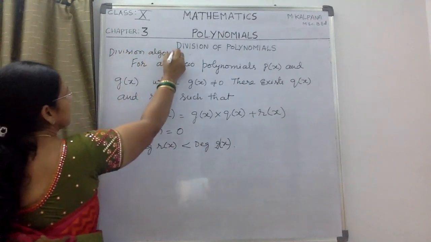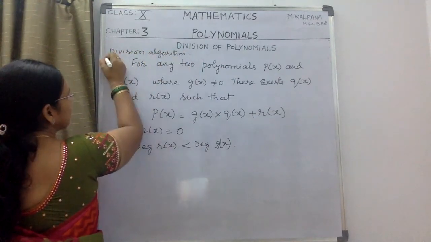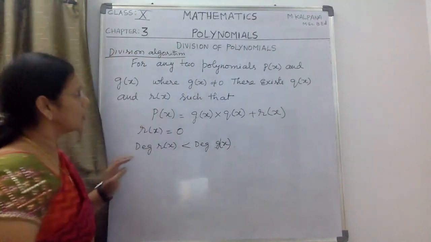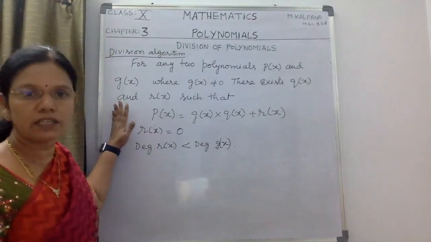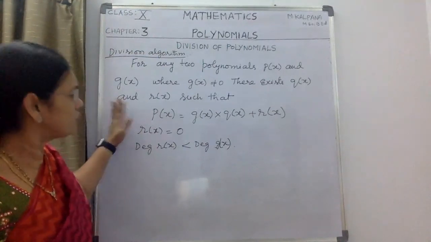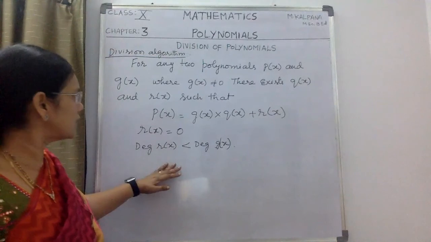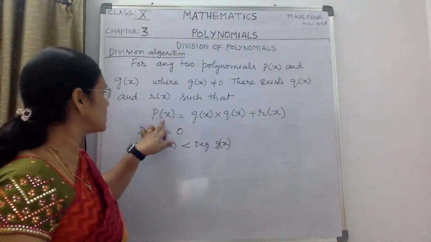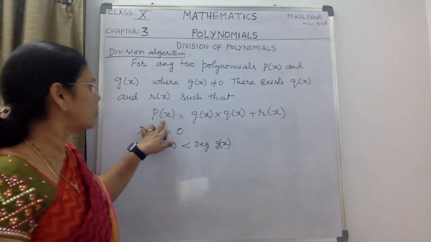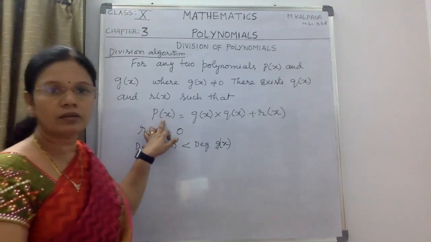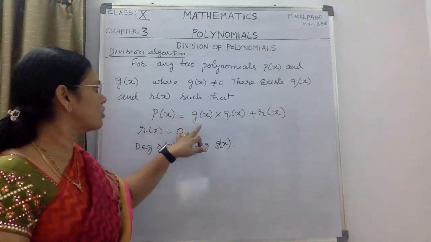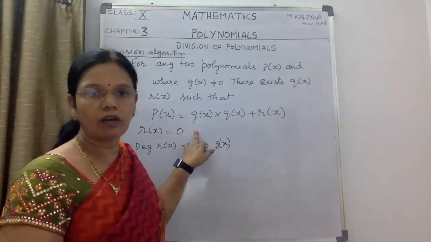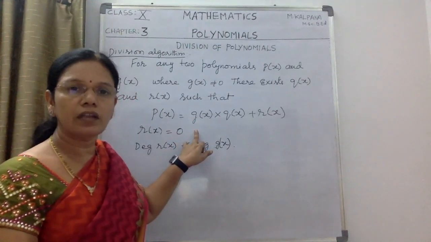So by taking an example and after doing division of two polynomials one by other, we have stated a statement. And here one more thing we can see: if P of x is a quadratic polynomial, what happens here? Always G of x will be a linear polynomial.